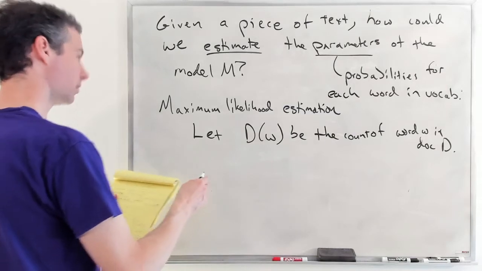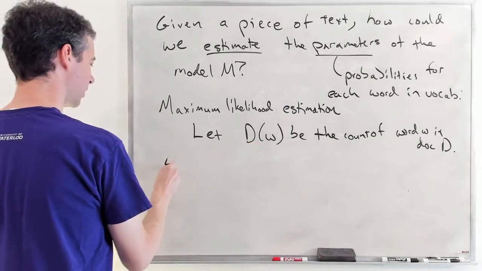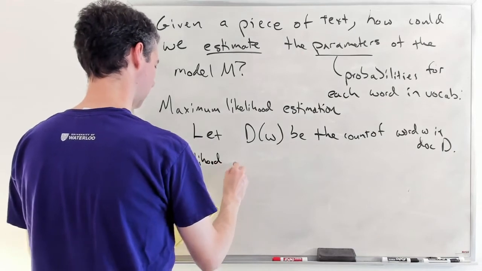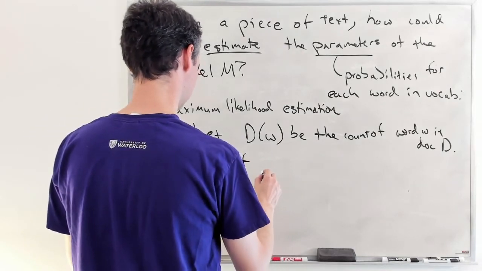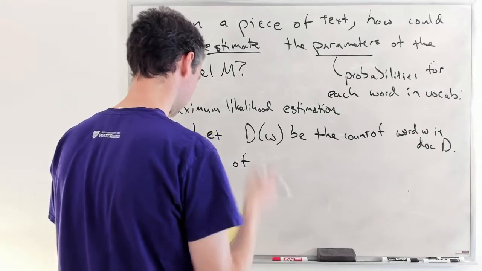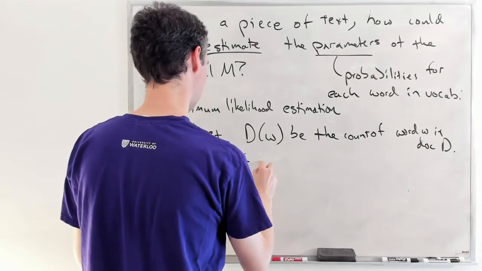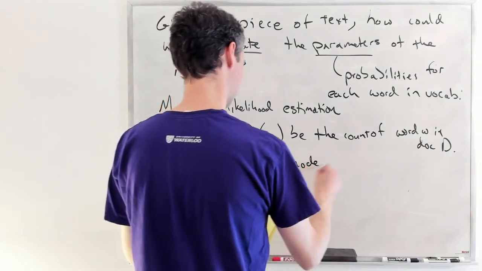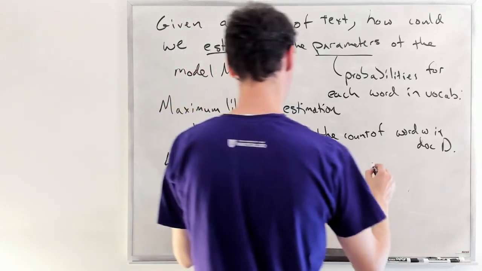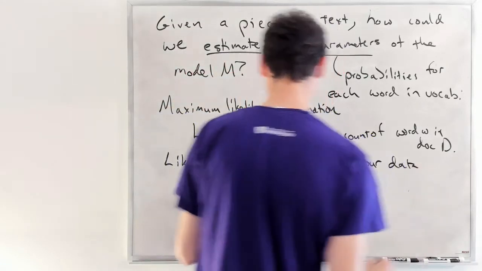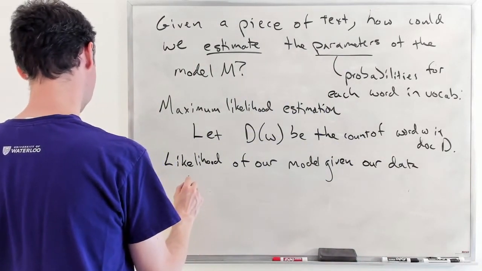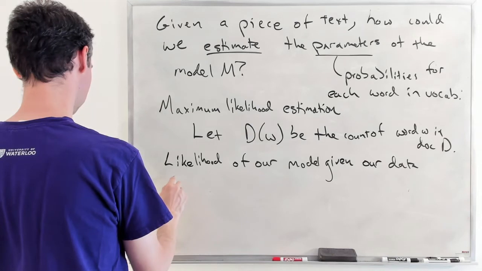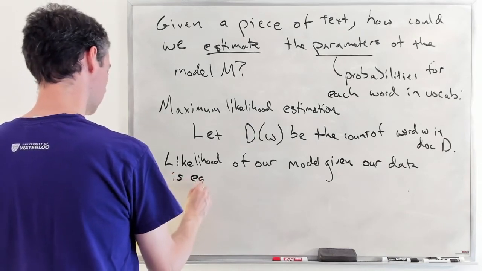So let's define what likelihood is. Given this, we're going to say that the likelihood of our model given our data that we see in this document is equal to